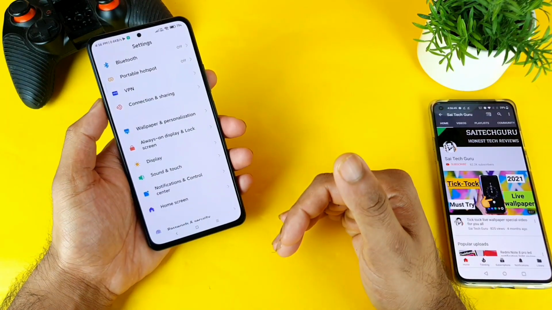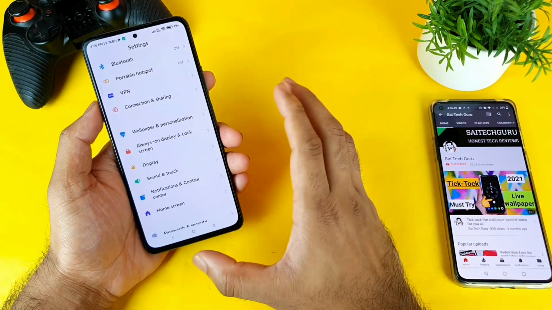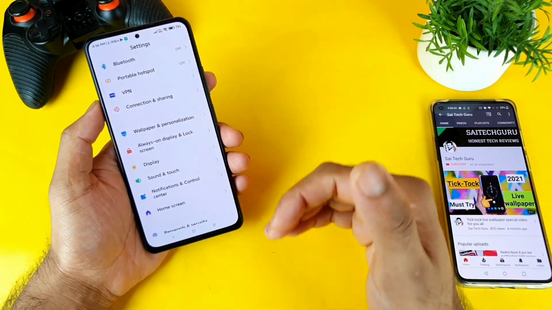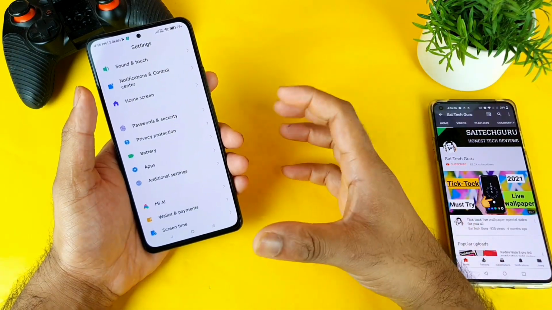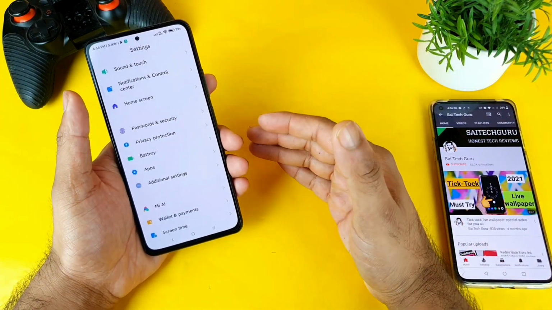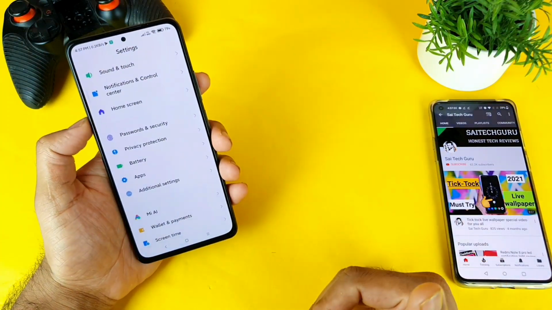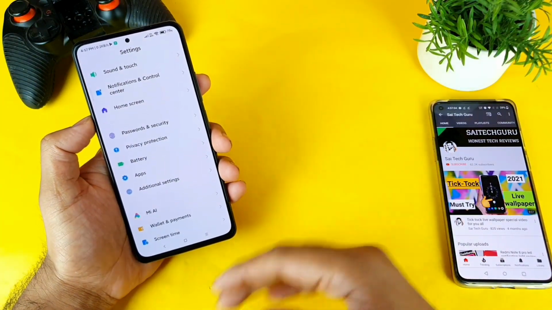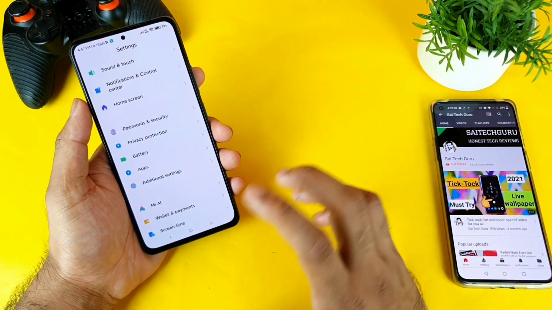And if you don't have trust in that, then with Mi you have another option: replacement. You can apply for the replacement and get a replacement unit. And if the replacement unit also has the same green issue, then definitely, friends, you can return the phone and buy another phone like the iQOO 7 or phones of that kind. You can do that, friends.